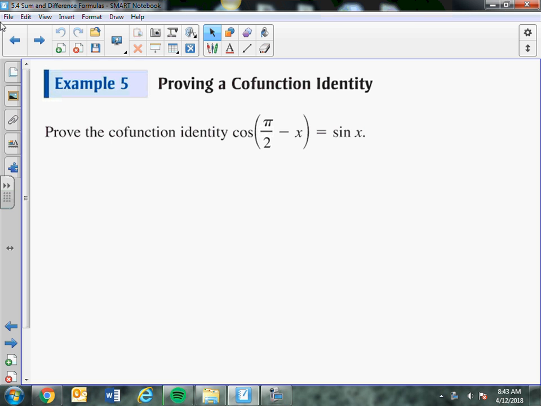So let's take a look at example 5, proving a cofunction identity. Just a reminder, please enter in your lunch counts. Please enter in your lunch